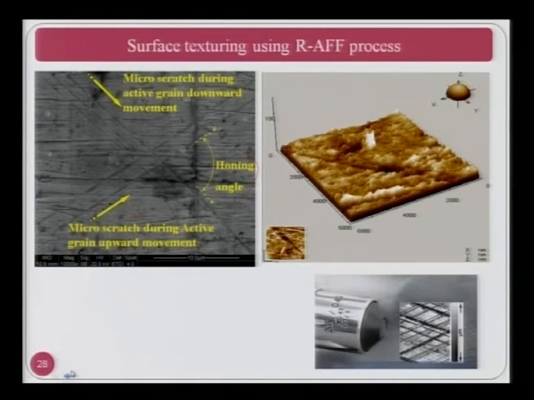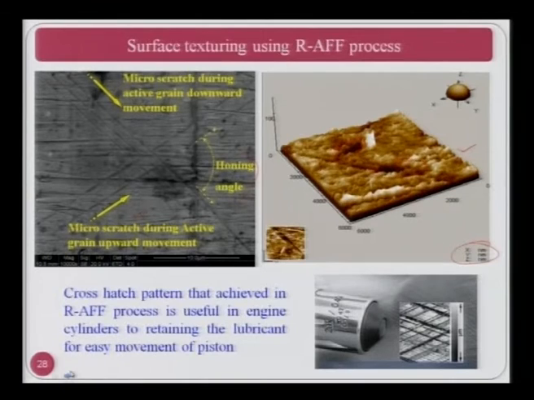Now this is an interesting picture. You can clearly see the kind of surface finish you can obtain, and all these numbers are given in nanometer, not in micrometer. So a very fine surface is obtained after RAFF. However, this surface still has some problematic areas, as you can see here, which I have encircled, where slightly deeper scratches are there by the abrasive particles, and they may not be very good for the performance of the final product. Those kinds of scratches are shown over here also.